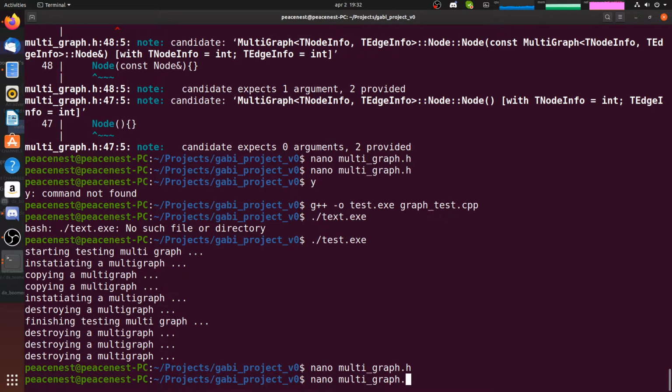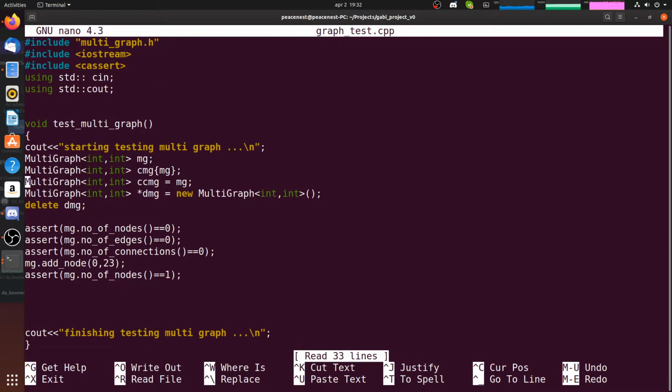Let's go to the next test. Okay, I'm gonna try to add the same node again. I mean a node with an identical ID but with different information, right? So I'm gonna say mg.add node,